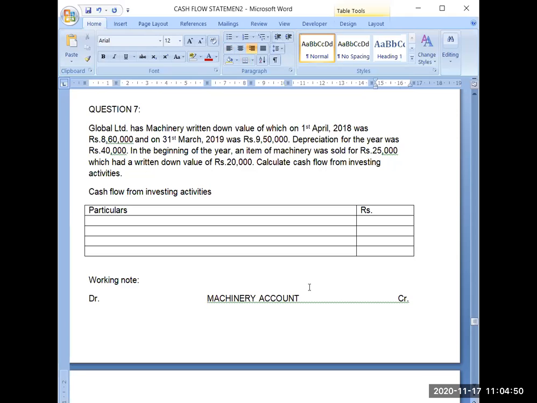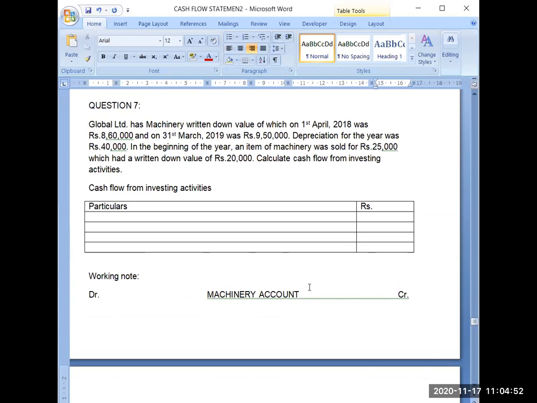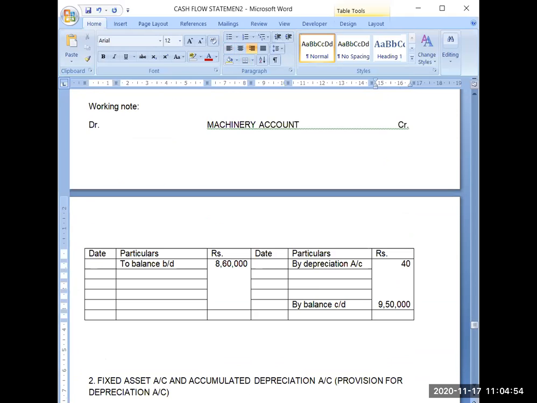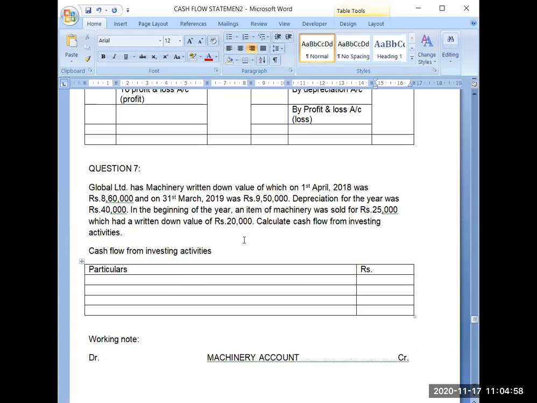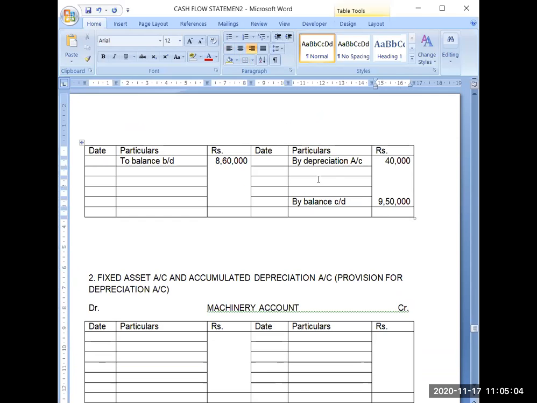Depreciation was 40,000. Then it is saying that in the beginning of the year, an item of machinery was sold for rupees 25,000. So an item sold for 25,000 means we have to make this entry by bank account, 25,000,